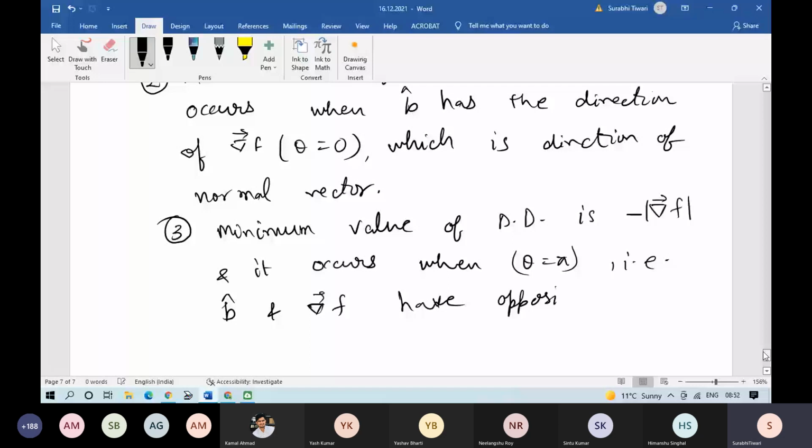Ma'am, that means this time for minimum value also it is perpendicular to tangent plane but directionally opposite to normal vector. हाँ, डायरेक्शन दोनों b कैप और f का जो डायरेक्शन है वो अपोजिट डायरेक्शन, तो अपोजिट डायरेक्शन कब आएगा, जब थीटा इज इक्वल टू पाई होगा।